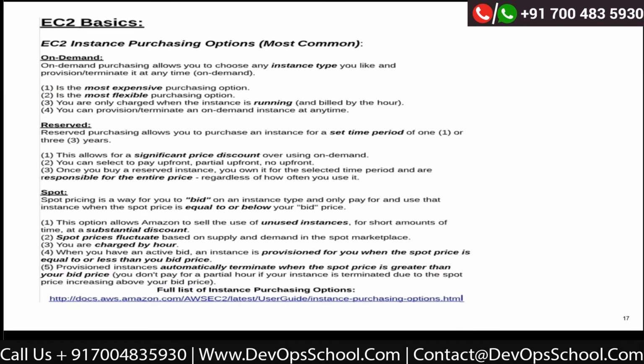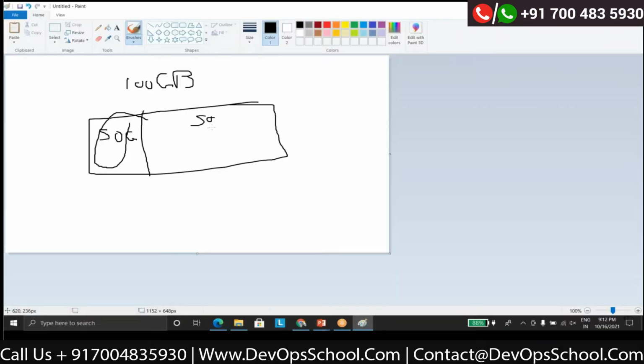The third one is the spot one, where you can do the bidding as well. For example, AWS has this 50 GB remaining there. There is no client. They have a huge infrastructure and want to make use of it, so you can do the bidding. For example, you can set a limit, say $1 per day, as the minimum I'll set. If it falls below $1, and maximum, once it is assigned, it can be $5.